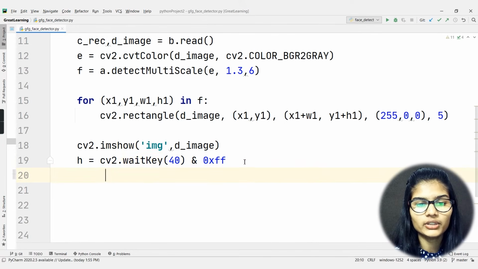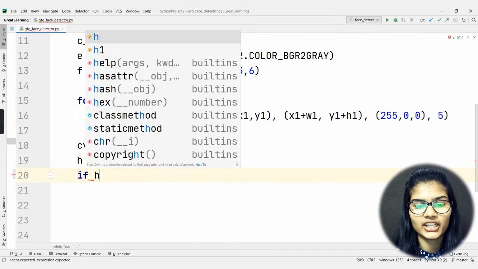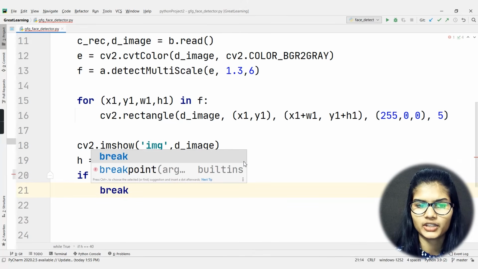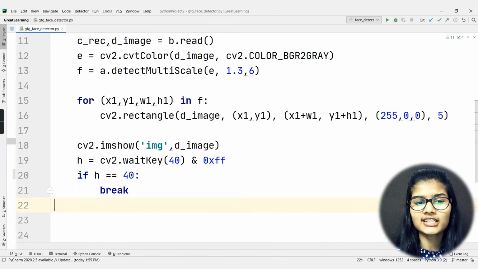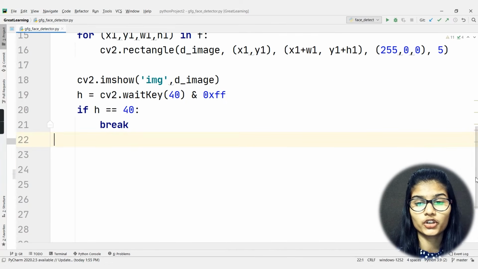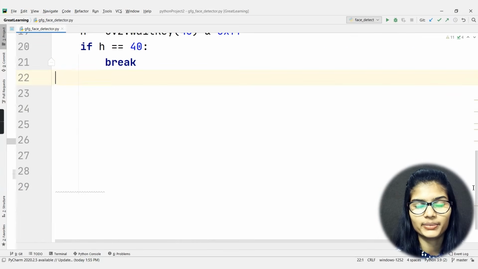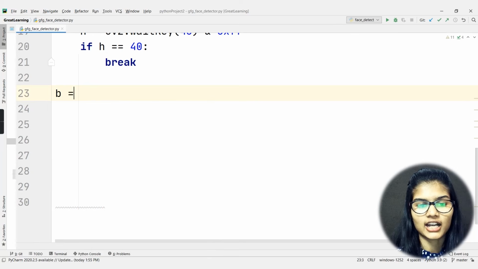Fine. Now come down here, and I would again put that condition: if key is equal, sorry, not that key, if H is equal to 40, if that's the value, simply break out from here. That means that if you did wait 40 seconds and you're not able to see any face on the camera, simply exit from there. Okay. And now further, I would check the variable which I had made above. Just 1 second. B. After that, all the things are done. B is a B dot